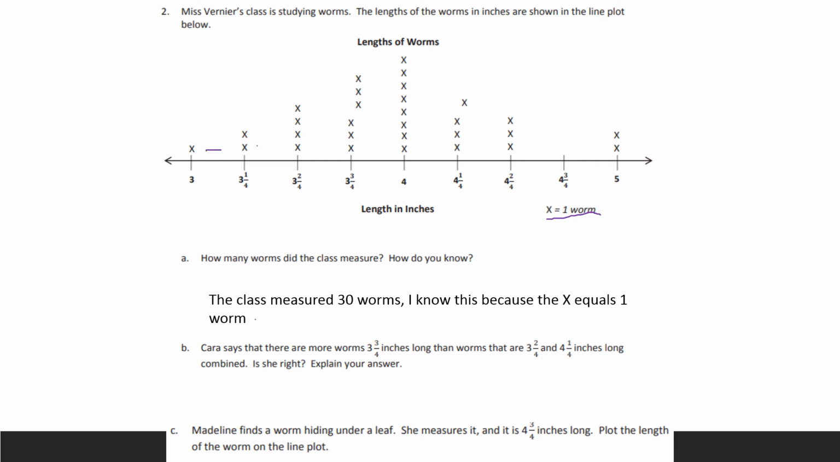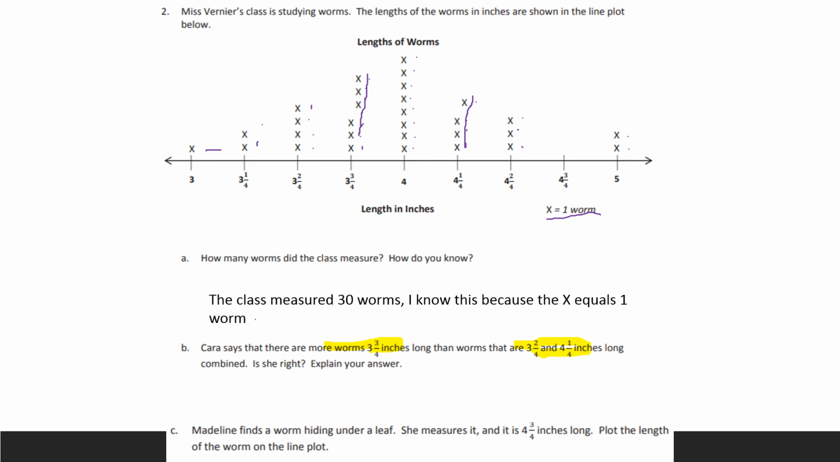So if you look, we have 1, 2, 3, 4, 5, 6, 7, 8, 9, 10, 11, 12, 13, 14, 15, 16, 17, 18, 19, 20, 21, 22, 23, 24, 25, 26, 27, 28, 29, 30. I know some of the X's look a little wonky, but just know that they go with what they're pretty much lined up with, which are those two. Now what you're going to do is the next two. Kara says there are more worms that are 3 3/4 inches long